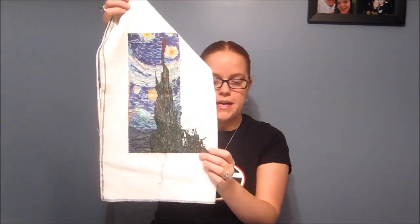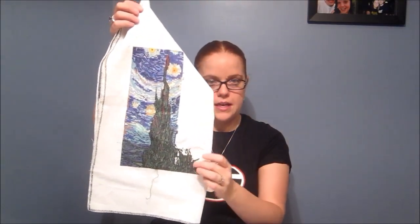I want to try parking, but I'm so afraid of it. It looks so daunting, and I'm afraid that I would get lost and spend most of my time, because I work on a rotation, that when I put it down for the month and came back to it, I would forget what thread was what. I don't know, I'm worried about trying to park. So I kind of do a cross-country method,